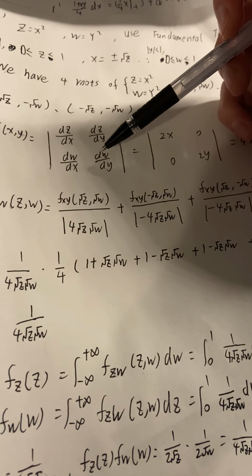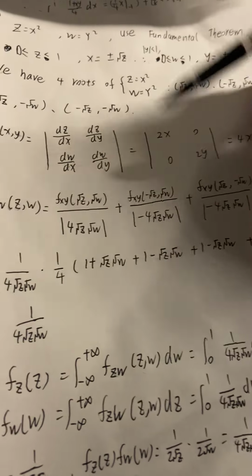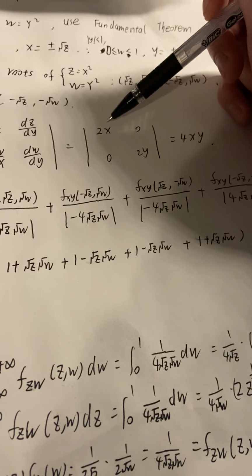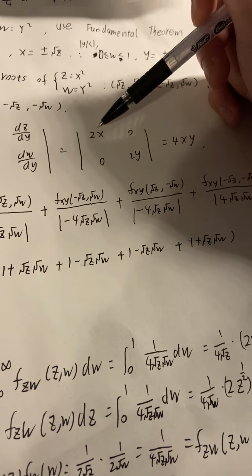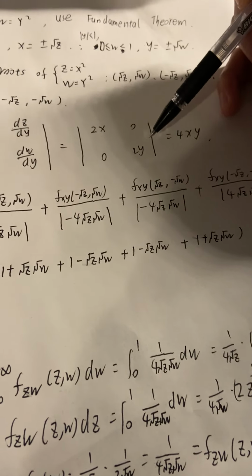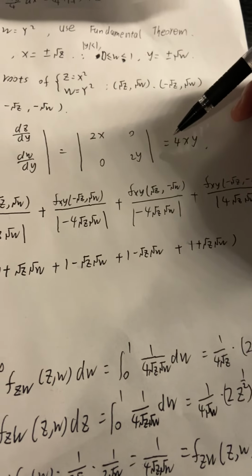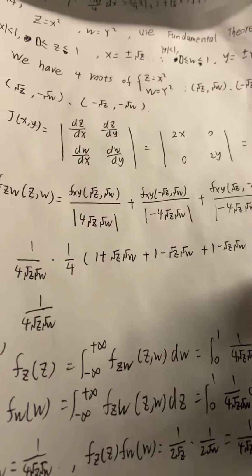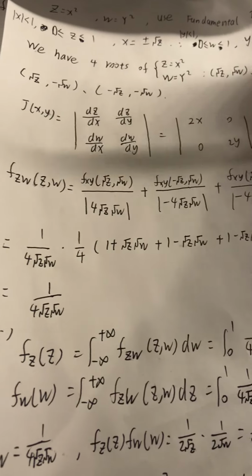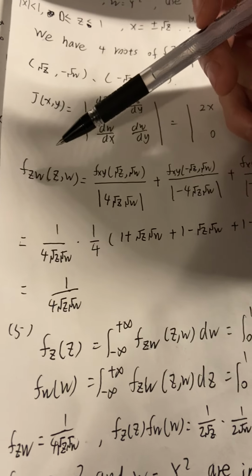The derivative of w with respect to y is 2y. So the Jacobian will be 2 times x times 2 times y, minus 0 times 0, and it will be 4 times x times y. Now we have the roots and the Jacobian, then we can calculate the joint density function